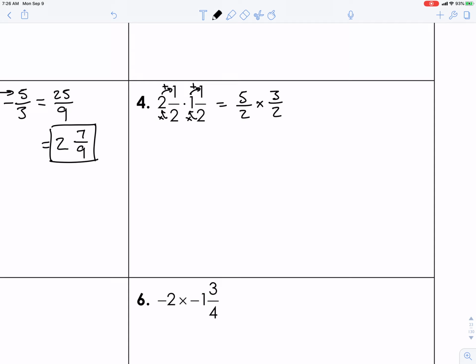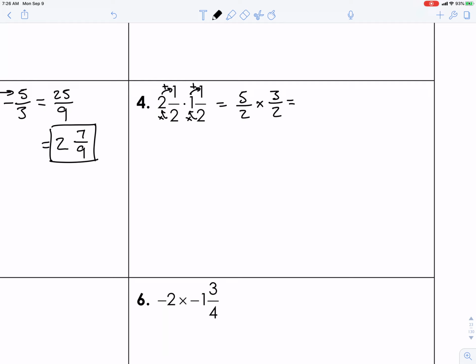So I don't have anything that I can reduce. 5 halves, I can't make that smaller. 3 halves, I can't make that smaller. I can look at the diagonals. Still, it's the exact same denominator, so it's not going to change anything. So I've got the fractions as improper fractions, and I can't reduce them anymore, so I go ahead and multiply